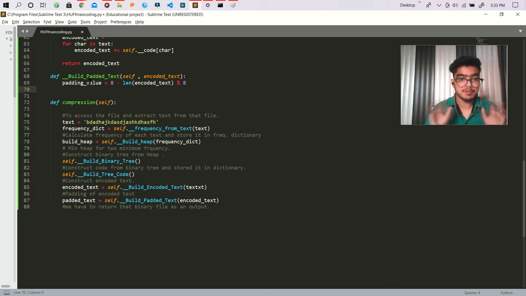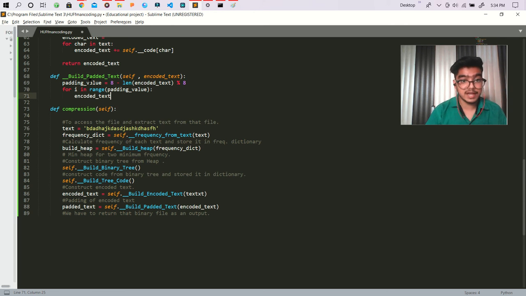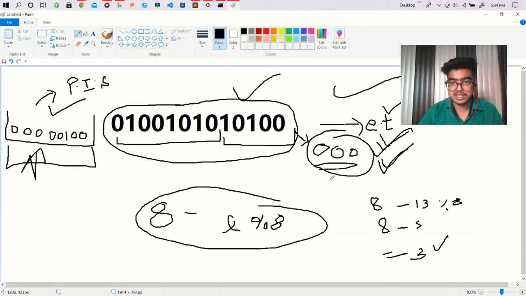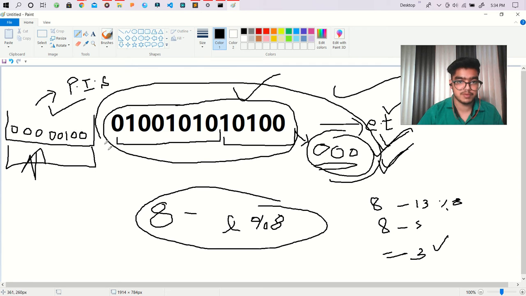Now what we have to do, we have to append 0, the number of times equal to the padding value. Padding value means how many times: for i in range of padding value, we do encoded text plus equal to, and we append 0. So for now we have this whole part.